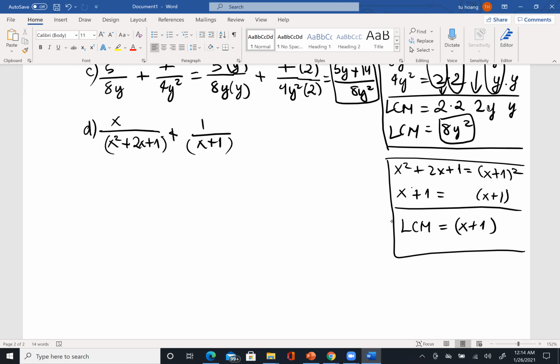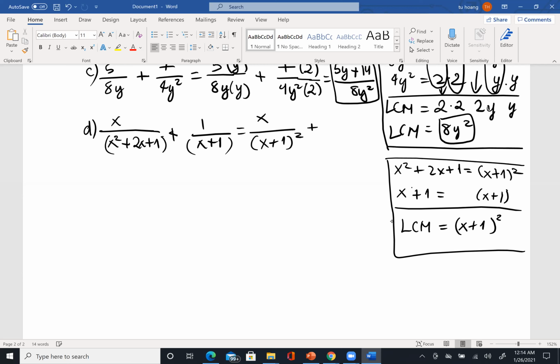We have 2 terms appear from the first expression, so the LCM should be x plus 1 squared. Okay, so now I will change the first term to be x over x plus 1 squared, plus